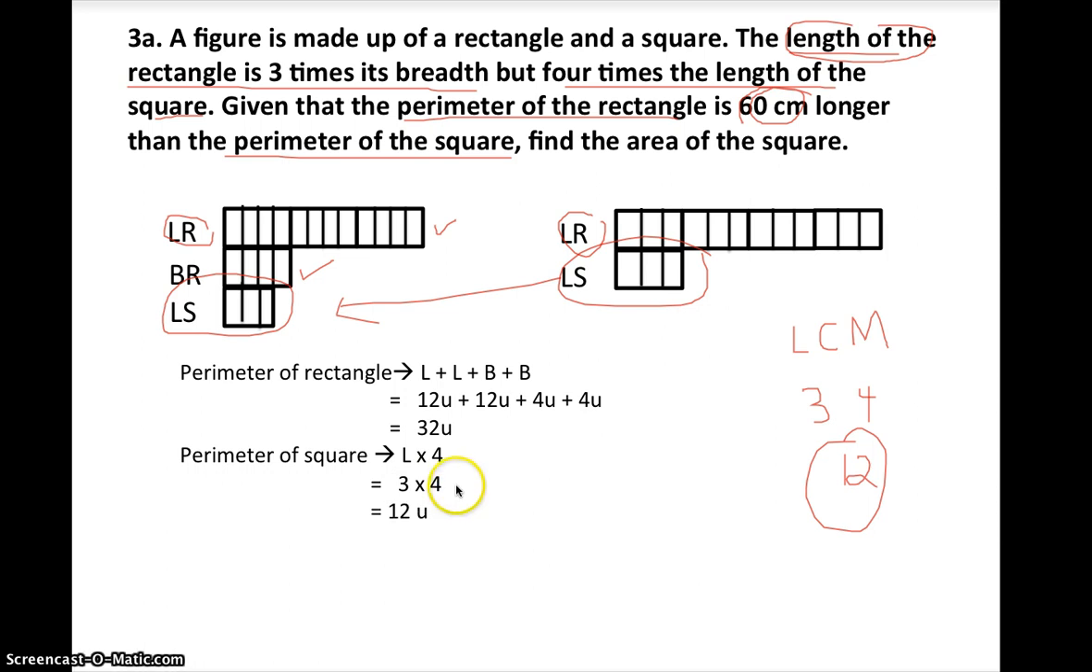Okay, I'm almost there. Back to the question, they give us the difference between the perimeter of the rectangle and the square. So let's find the difference. So the rectangle's perimeter is 32 units and the square's perimeter is 12 units. So the difference is 20. So 20 units represents the 60 centimeters. So 1 unit is 3, and therefore 3 units, which is the length of the square, is 9, and